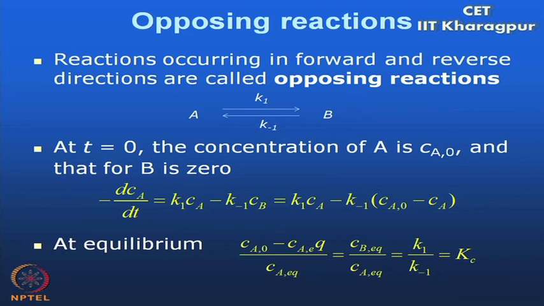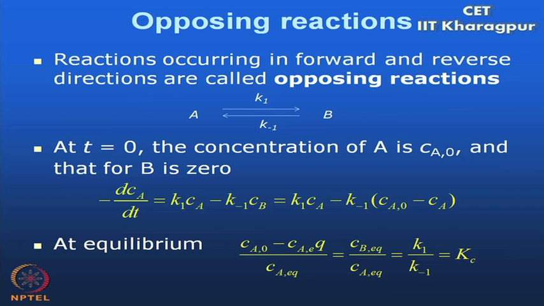If the equilibrium is far shifted towards the right, then it is called that the reaction is completed in the right hand direction. Maybe the back reaction is very small. Okay? But basically for all reactions you can think of a back reaction, and if the back reaction is appreciable, then this back reaction competes with the forward reaction, and ultimately at a certain point of time you may get equilibrium. So, reactions occurring simultaneously in forward and reverse directions are called opposing